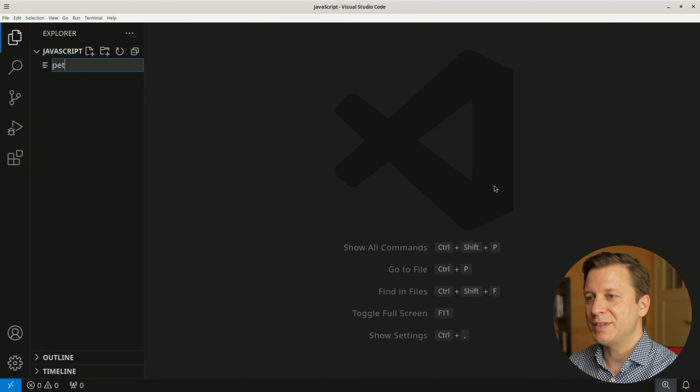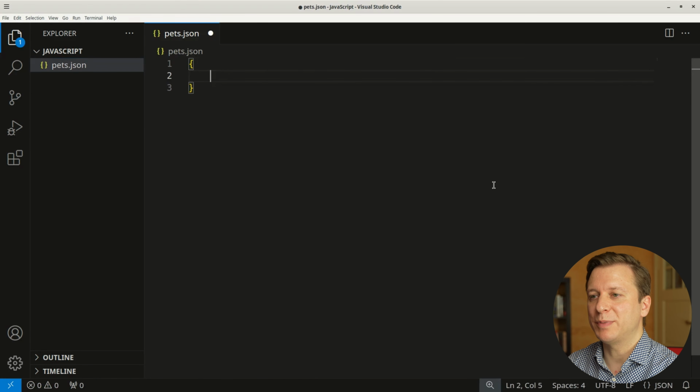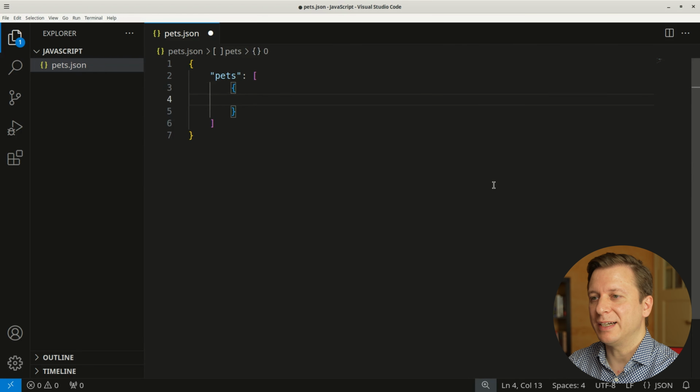Okay, let's take a quick look at an example data in JSON. The first thing that we need here are the curly braces. And let's create a list of our favorite pets. Defining a key called pets, holding an array, meaning that we need the squared brackets. Then we start by creating a first object and defining our first entry with a key species and the value